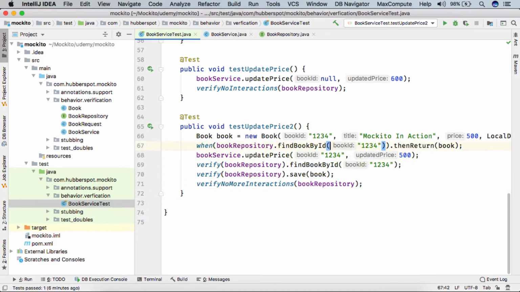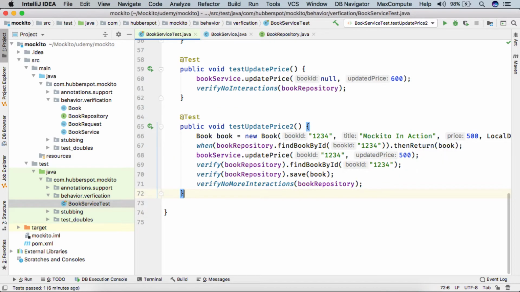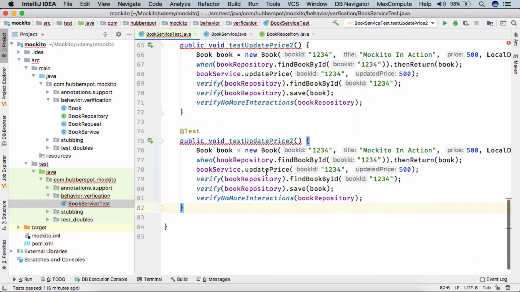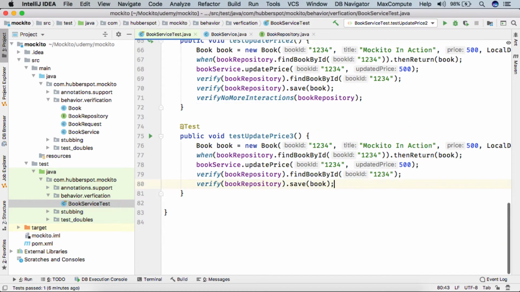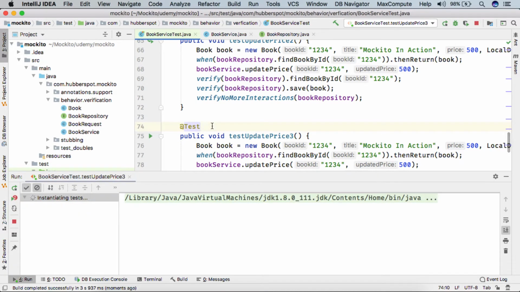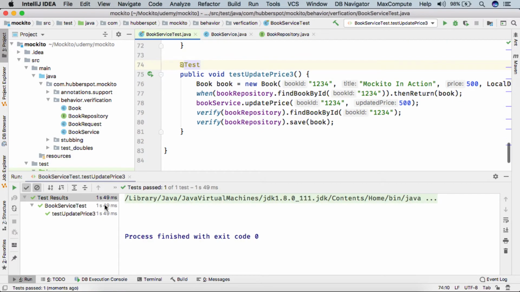So friends, let's say I copy this example and paste it below, and I give the test name as 3. Here, if I remove this line and run the test case, you can see the test case got executed successfully.